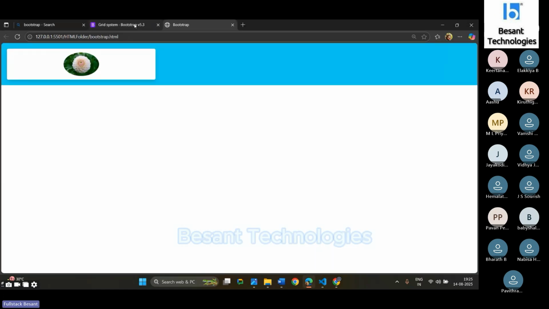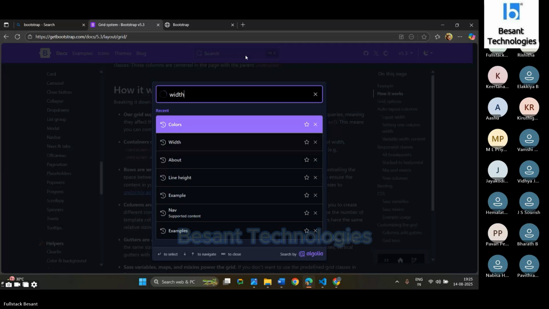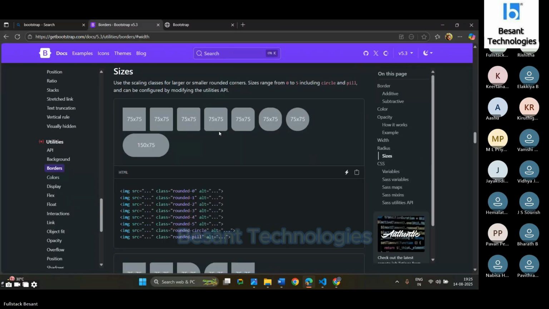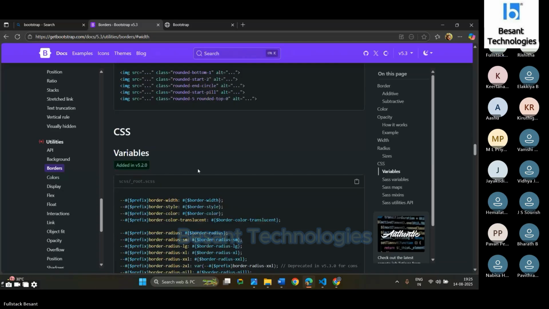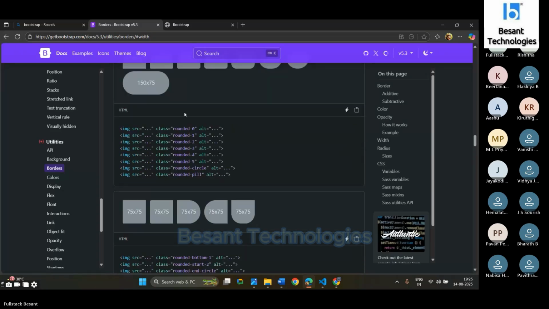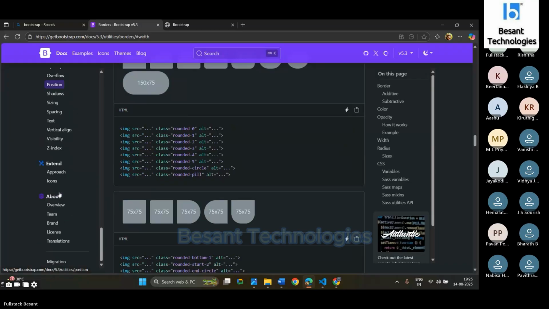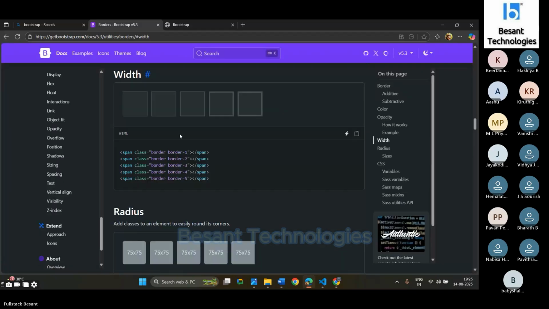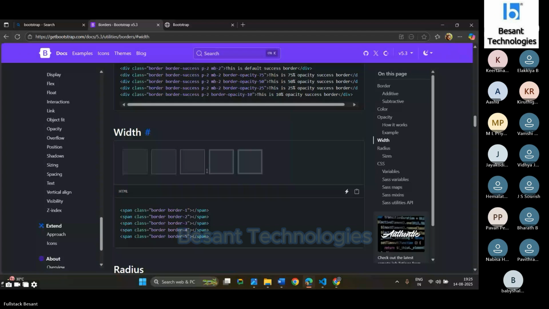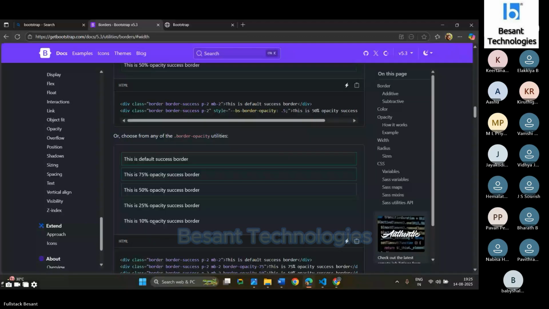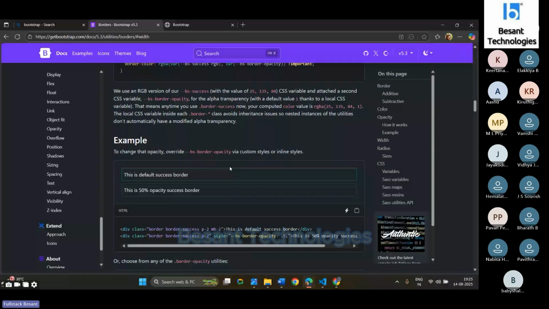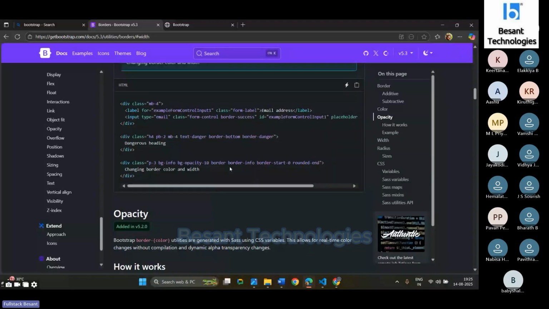Whatever width we have, we can check. 25, 10. We can 5 by